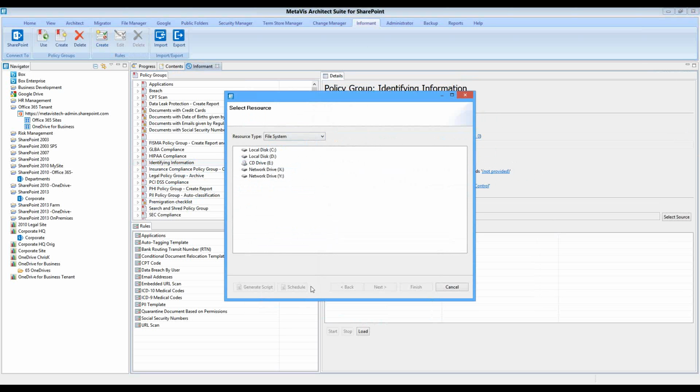Yeah, so Chris, thanks a lot. That was a really good overview of what's available in OneDrive and how MetaVis fills the gaps. There's been a bunch of questions, and